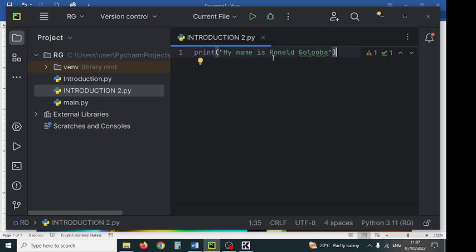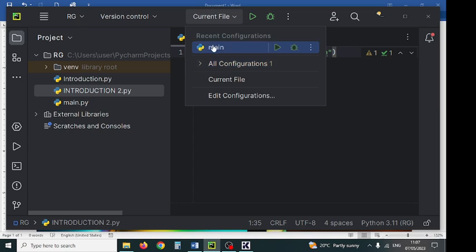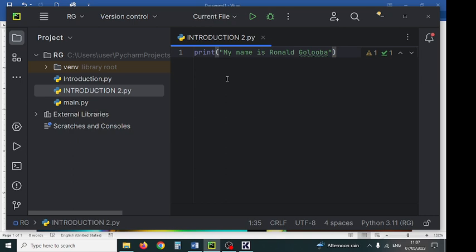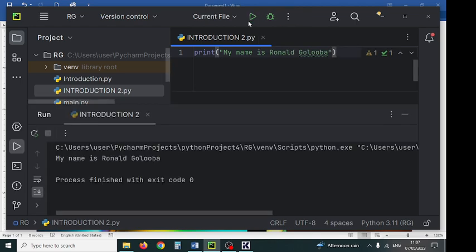Now we have to run this file. You come here. Now this one is indicating current file. Sometimes it brings main, but you select the current file. Then you click here, run. The shortcut for running is Shift F10. So you press Shift F10, and then your output will be shown here at the terminal. My name is Ronald Goloba. So we have started our programming, and today we want to look at